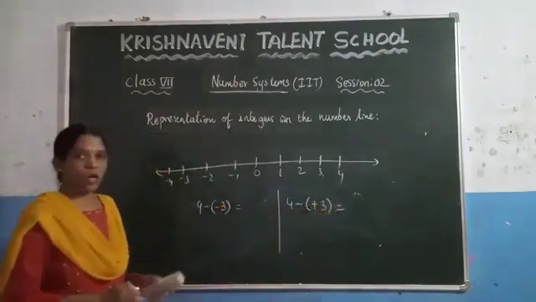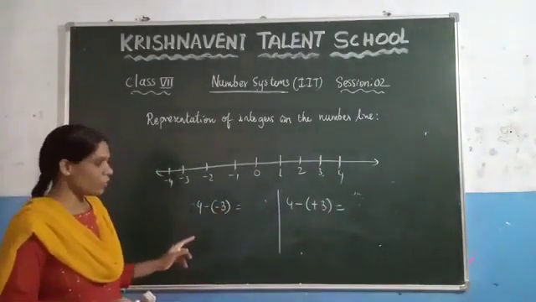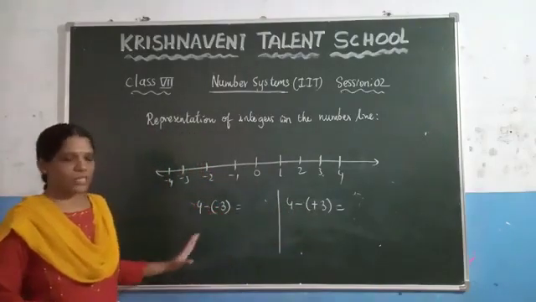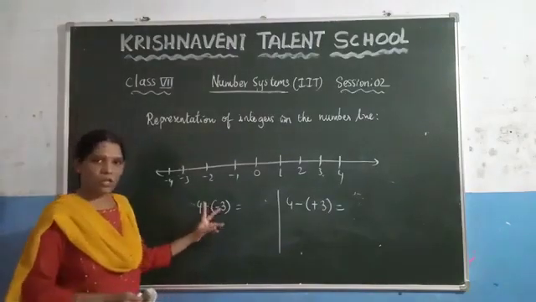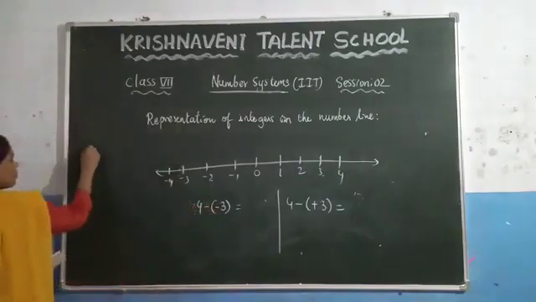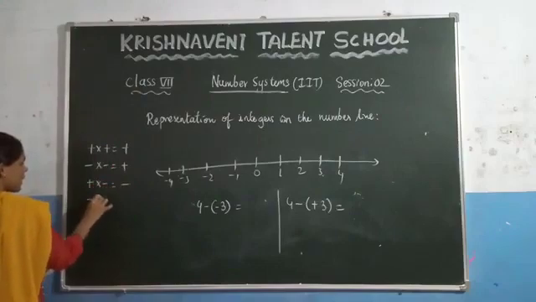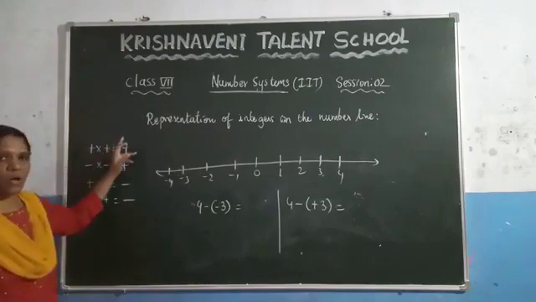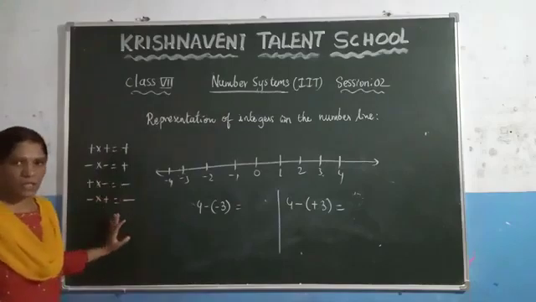Before, in the previous example, we added a positive integer and we added a negative integer. Here we are subtracting a positive integer and we are subtracting a negative integer. What will we get here? If you subtract a negative integer, you know that minus into minus is always plus, and before this one, plus into plus is always plus, right? Minus into minus is also plus, and after that plus into minus is minus, minus into plus is again minus. That means if the two symbols are the same, we will always add, and if the symbols or operations are different, we need to subtract the numbers.